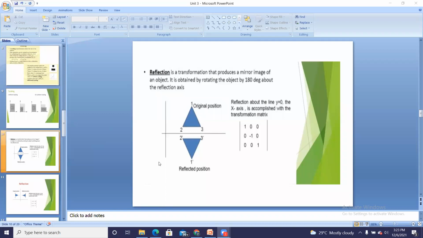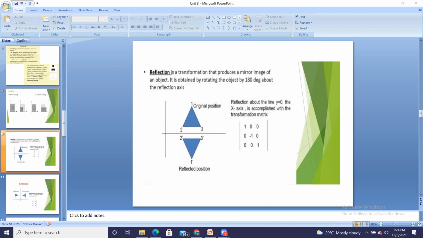Okay. So reflection. So in day to day also we are using this word reflection. It is nothing but our mirror image. So mirror image is nothing but our reflection. So in the same way, the transformation of reflection is carried out for 2D objects along some specific axis, and that axis is acting as a mirror. In short, that axis is acting as a mirror.